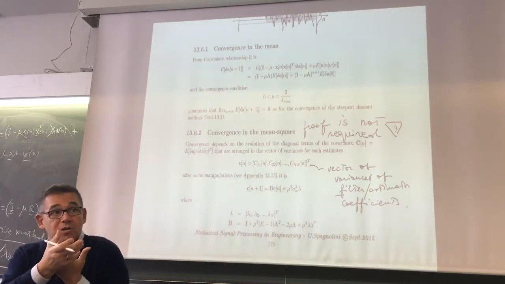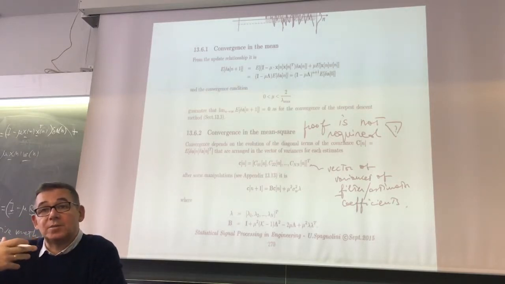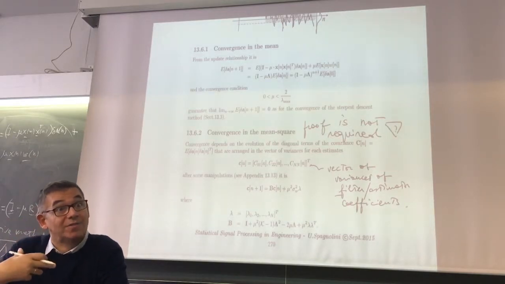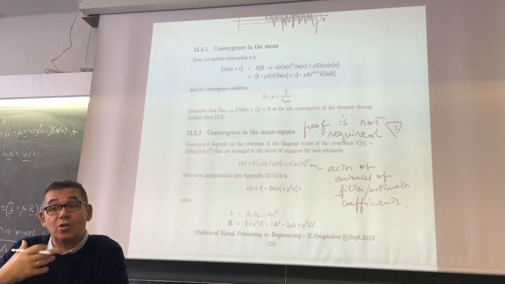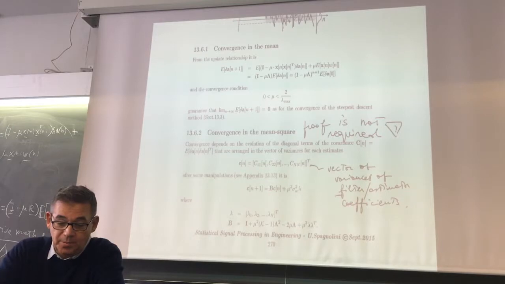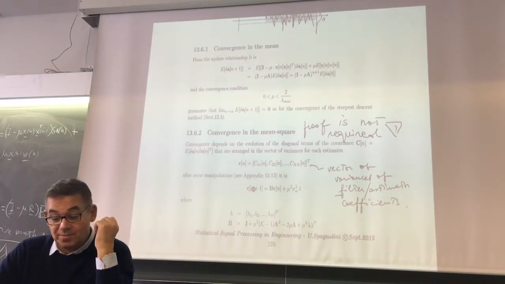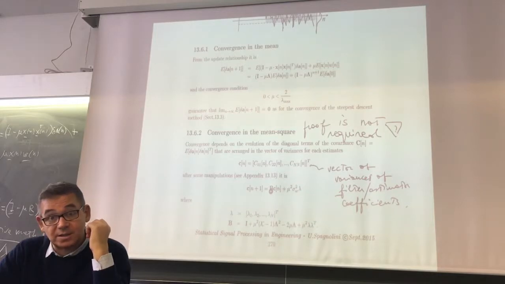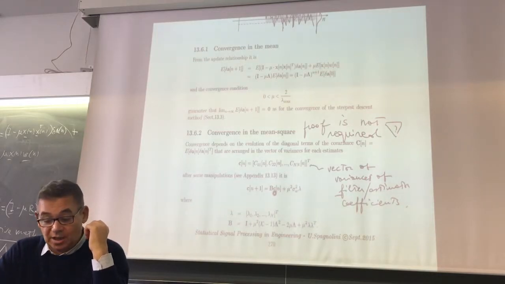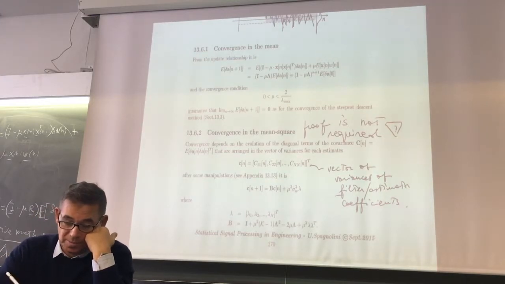Now my goal is to find an iterative formula which tells me how the variance is changing. When I manipulate, which means going to the appendix, I get that the variances at iteration n plus 1 are equal to a certain matrix C times the variances at iteration n, plus a certain term that depends on noise.